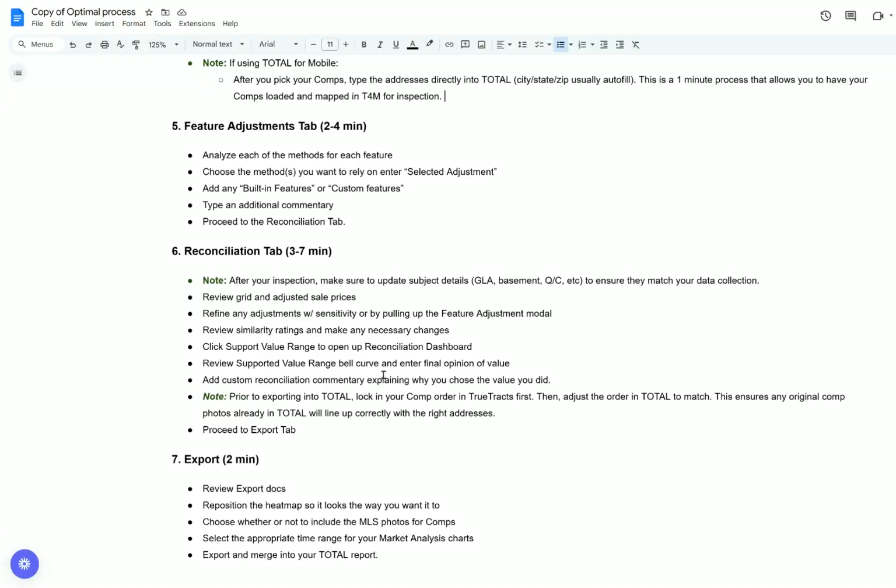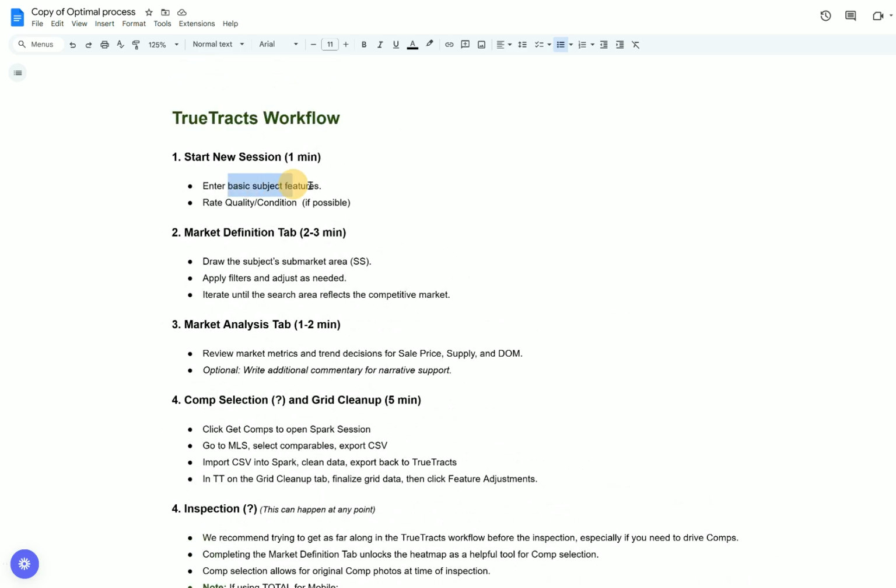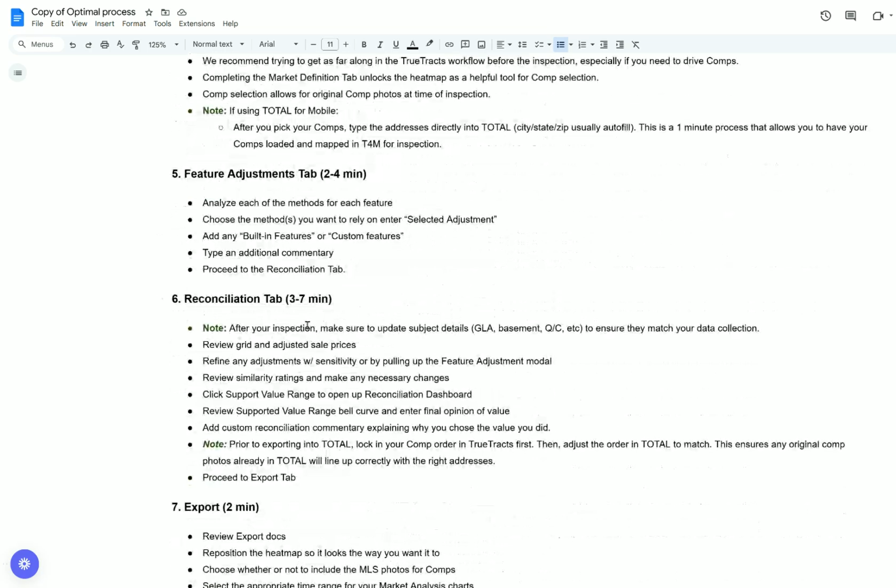Now, on reconciliation, note, after your inspection, you want to make sure that you update the subject details. Remember, when you entered everything in up here on step 1, Public Records or MLS may have said the subject was 2,212 square feet. But you go out and measure, and you know what? It's 2,245 square feet. Well, you want to update that here